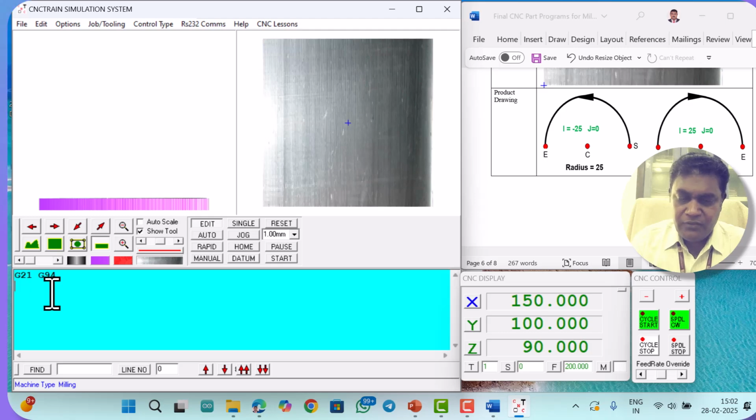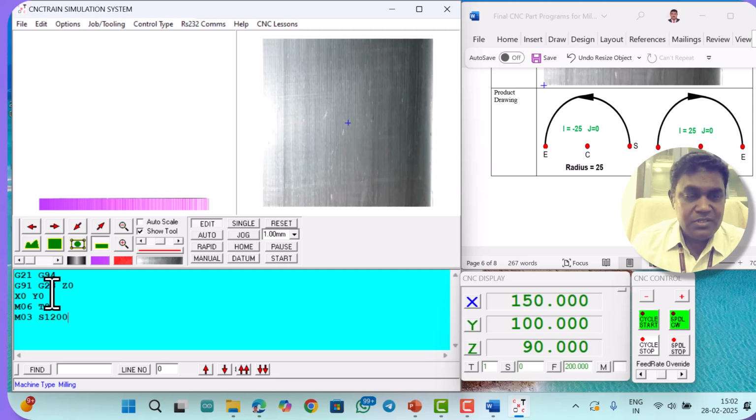Wherever the position of the tool is, first send it to the home position, for which we go for the incremental mode G91 and G28 Z0, then send the table to the reference point or home position, that is X0 Y0. Then the spindle loads the tool, M06 T01, and the spindle starts rotating, M03